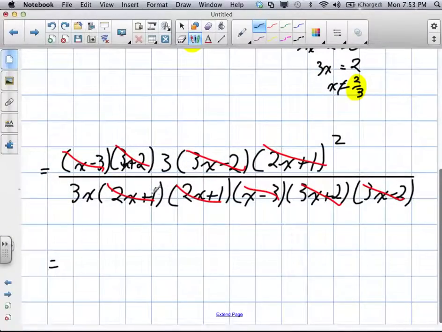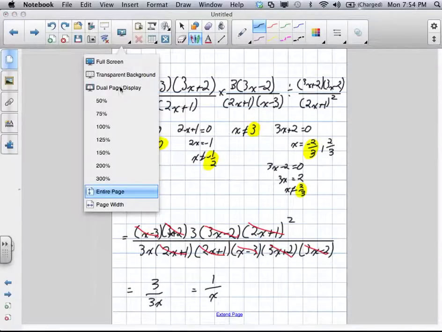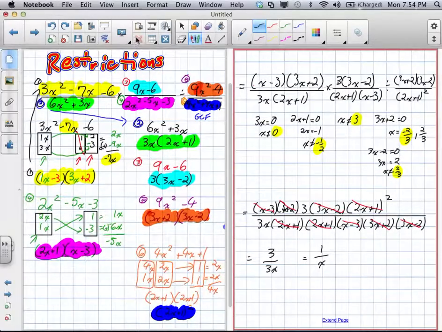Well, we have on top 3 divided by 3x. Can I still simplify? Yes. What do I get? 1 over x. That's our answer. After 2 pages of work, 1 over x. Oh my god. 1 over x with all those restrictions to this question. That's so freaking... Took me 17